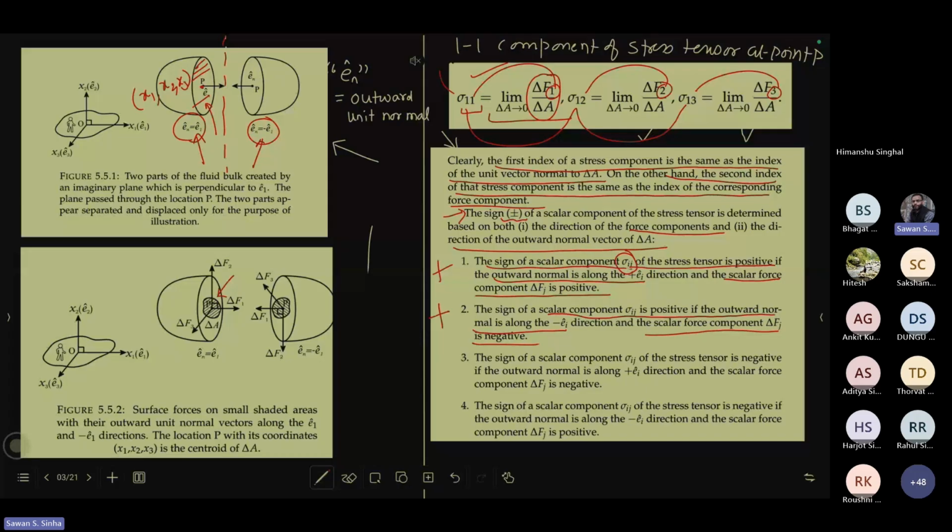Which means that if you try to define sigma 11 using the left hand side, the way I have drawn the forces, sigma 11 will turn out to be greater than 0 if you focus on the left part. But even if you focus on the right hand side part,